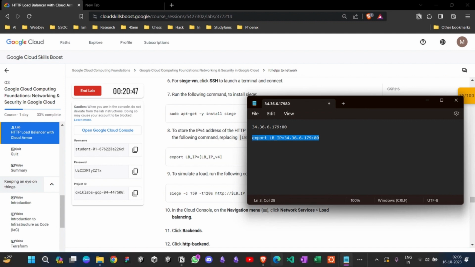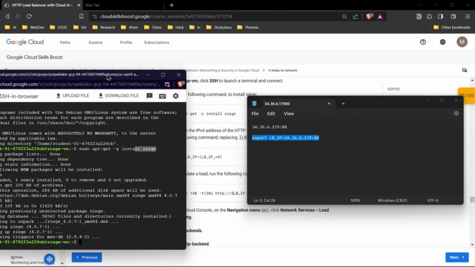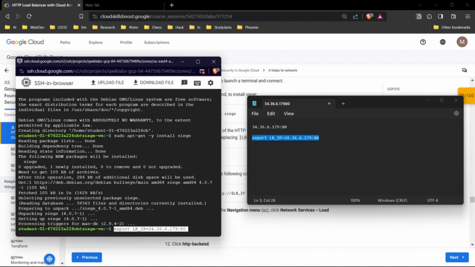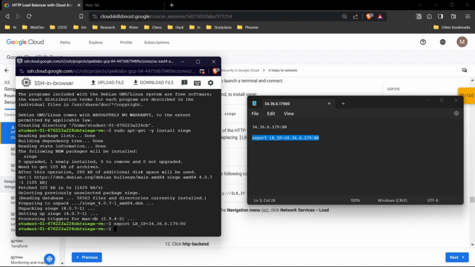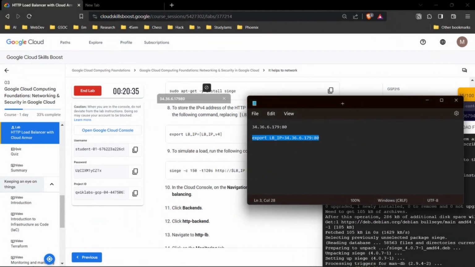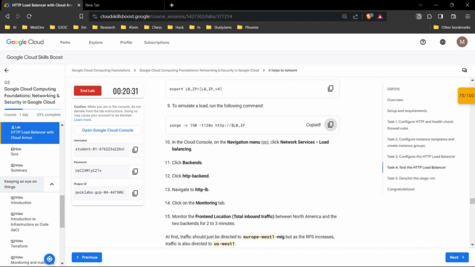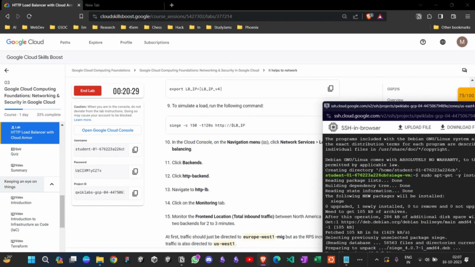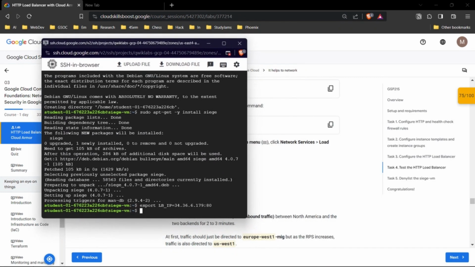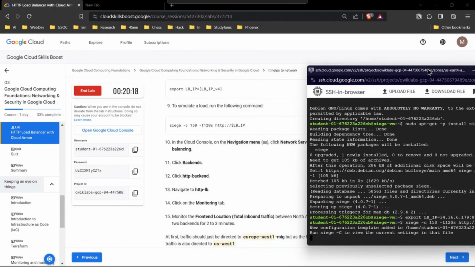I'll take this command and paste it into SSH. So let me do that. And इससे एक वेरिएबल बन जाएगा. उसके बाद then I can run this exact command. I'll run this exact command, and what it will tell me is